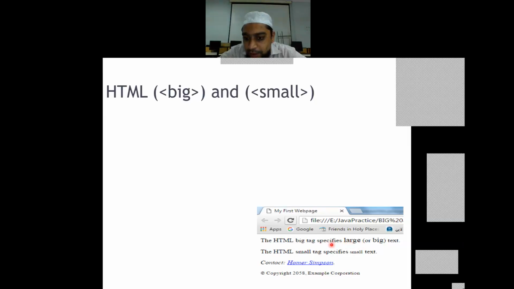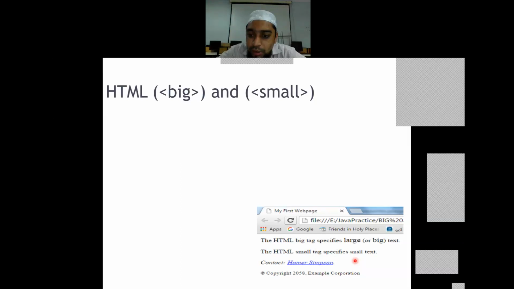It is going to appear with a slight change. Can you see this A as well as this A? This is normal text, whereas this large has been kept in a big tag. So the big tag will make some enhancement to the already existing text. Whatever text we specify, it is going to make it a little bigger than normal text.